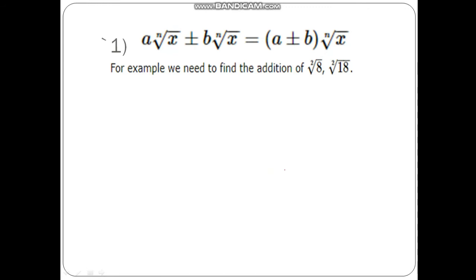Let us take another example of surds. Here if we are going to add them up, first of all we have to check whether they are of the same order. Yes, these two surds are of the same order. What is the index? Index is 2, so their order is 2. The next thing we have to check is whether they are in simplest form or not. They are not in simplest form, so we have to convert the surds into the simplest form.